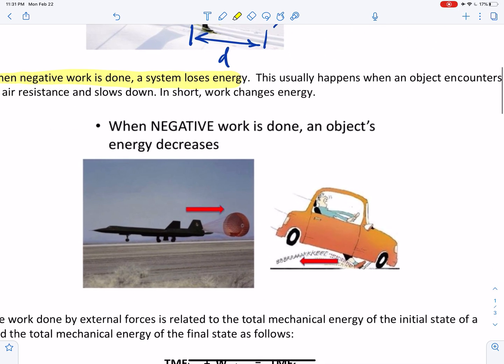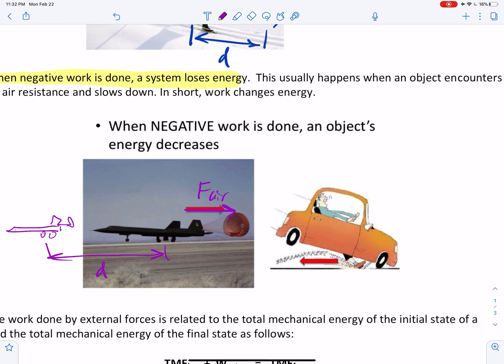Okay, so here's some examples of where we have a force that's actually pushing against the direction that the object is moving. Therefore, it slows it down and it causes it to lose mechanical energy. So here we've got the force of air resistance acting on a jet. And as the jet moves to the left, maybe its final position would be over here somewhere. Here's the wheels. And so its displacement would be this way. But notice that the force is opposite the direction of the displacement. Okay, so this force would be doing negative work on the jet because it's slowing it down,